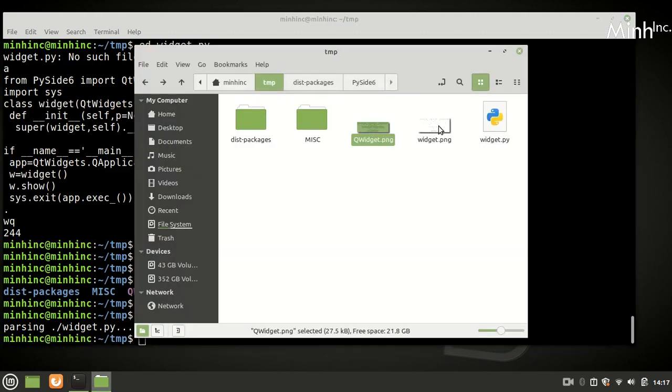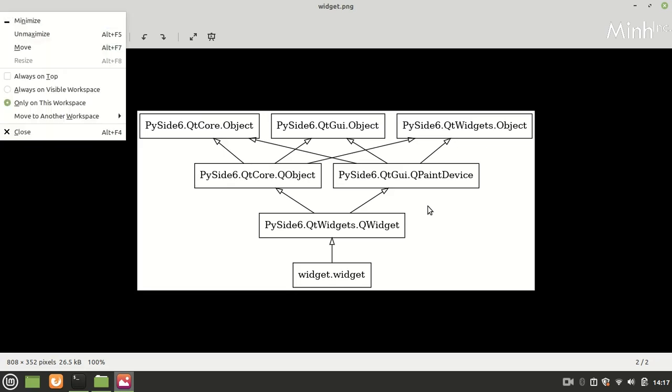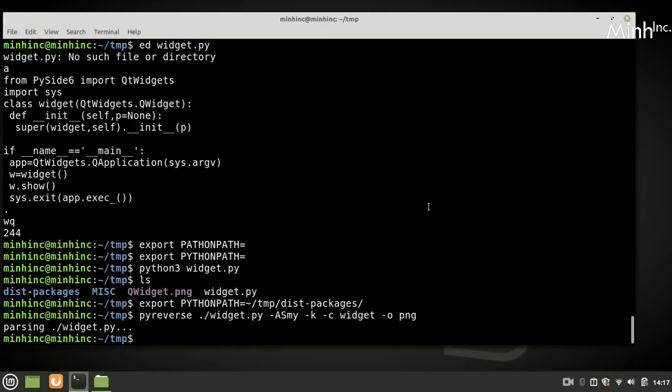Okay, so we have another diagram, widget.png. Oh, it's better. Our widget is deriving from QWidget, and that's how it is. Now we'll see the association diagram. That's why we have written this class. We can, if we see pyreverse